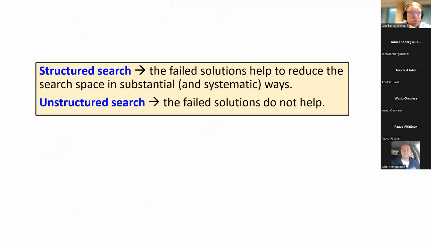Before that, to sum up the previous discussion: if you have a structure in your data, like in this case a table in sorted order, then these failure cases help us steer the search in the correct direction, and we can cut the number of possibilities where the item cannot be found. Whereas in unstructured search, the failure cases don't help us at all. But in a quantum world, they actually do.